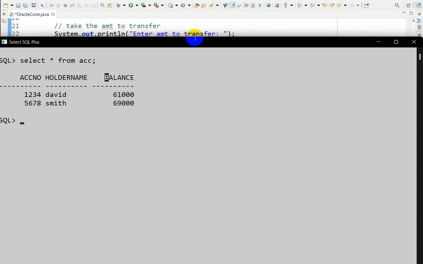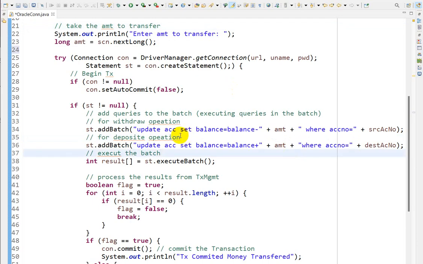So we write: update account set balance equal to balance minus amount where account number equals source account number. And for the deposit operation: update account set balance equal to balance plus amount where account number equals destination account.